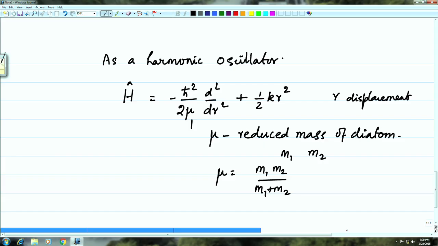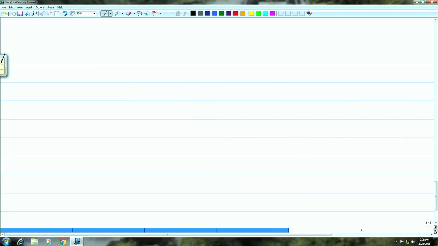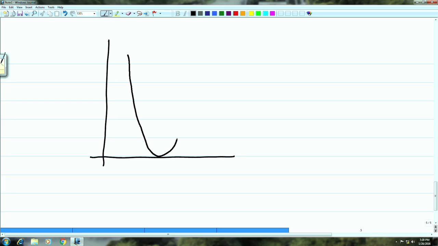Because at equilibrium we assume that the potential energy is a minimum, if you plot the harmonic oscillator potential energy surface for a vibrating molecule, it is a parabola, with Re the equilibrium distance, and any displacement from the equilibrium will result in a force, and therefore a potential energy of k times r minus Re square,